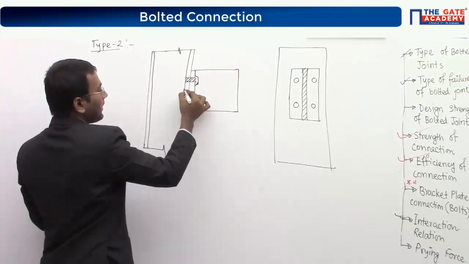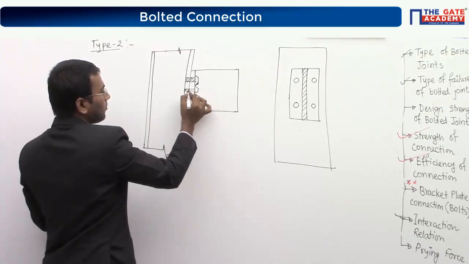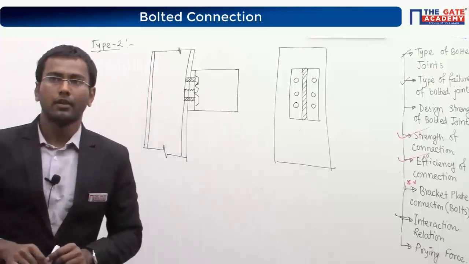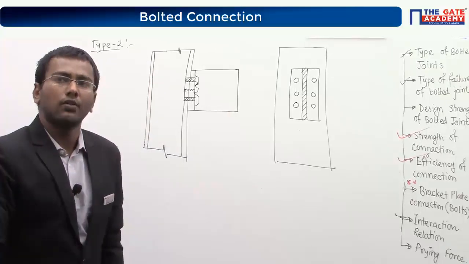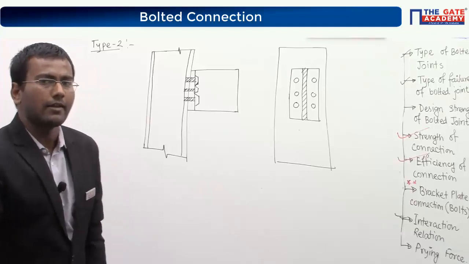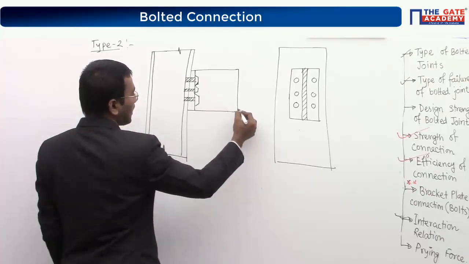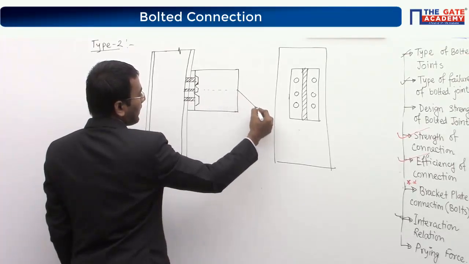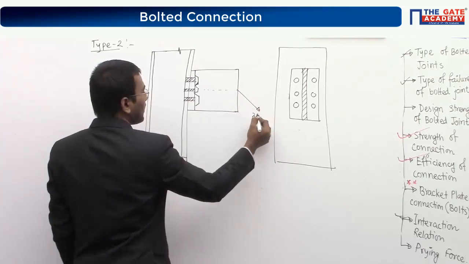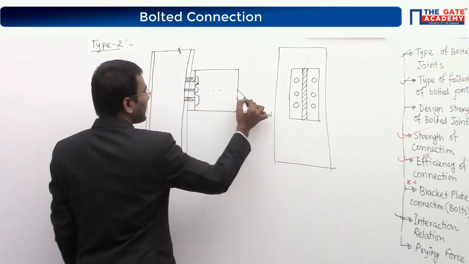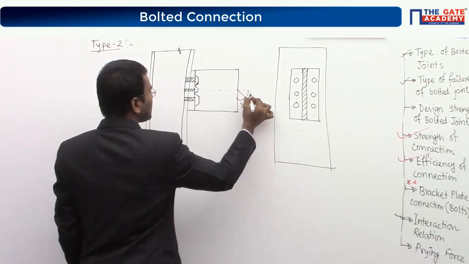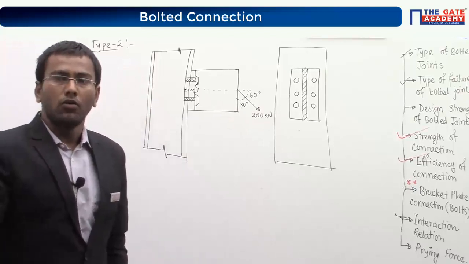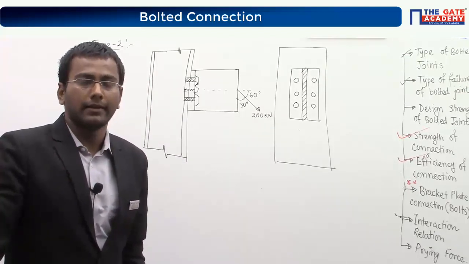Similarly, just imagine if I provide another bolt here like this, here also one, here also one. Okay. Now see, when this type of diagram is present and you are applying some sort of force, I am assuming you have applied a force load of, assume, 200 kilonewton. You have applied a force here at an angle of 30 degrees, and this angle is 60 degrees. Now this type of force you have applied on the bracket plate.